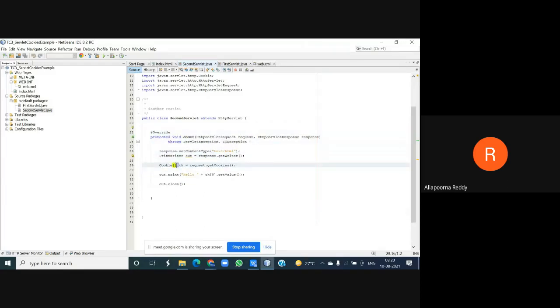For that purpose, what are you using? Cookie in the subscript ck is equal to request.cookie. So I got my cookie back. I need to display it, but how can I display it?